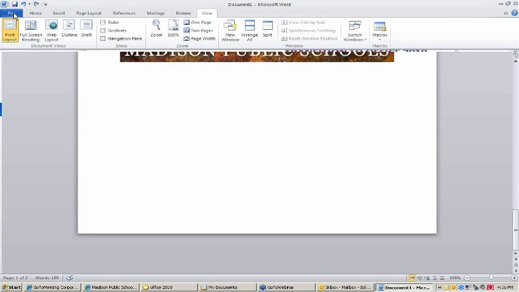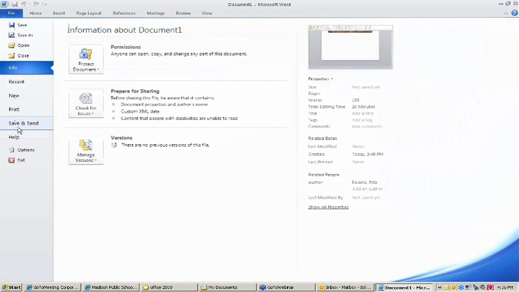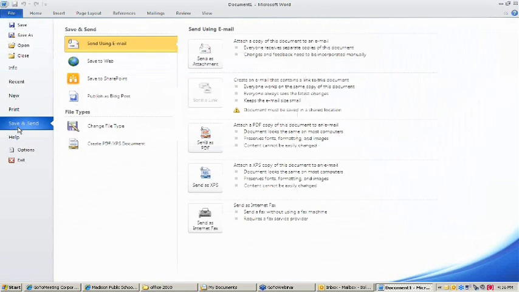Now, staying on the File tab, we're going to go to Save and Send. Here, if you click Send Using Email, your document will be automatically attached to a brand new email message in Outlook. So it's very convenient. 1 click, it connects it for you. One of my favorite choices